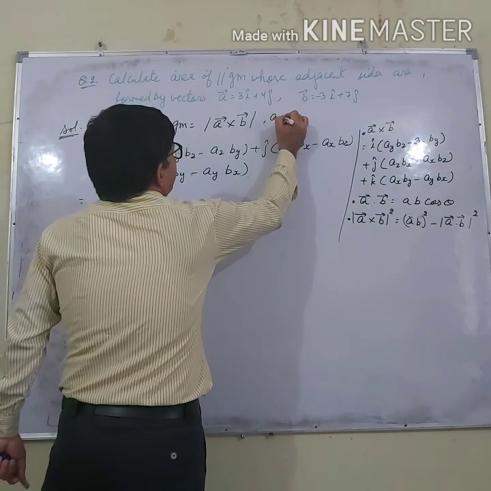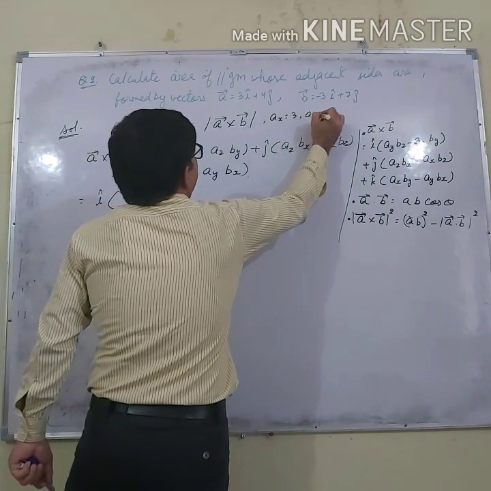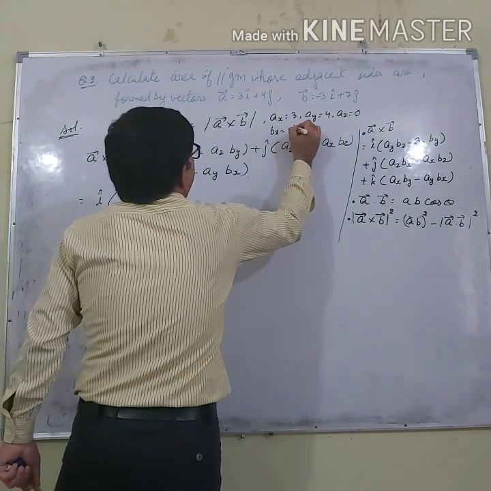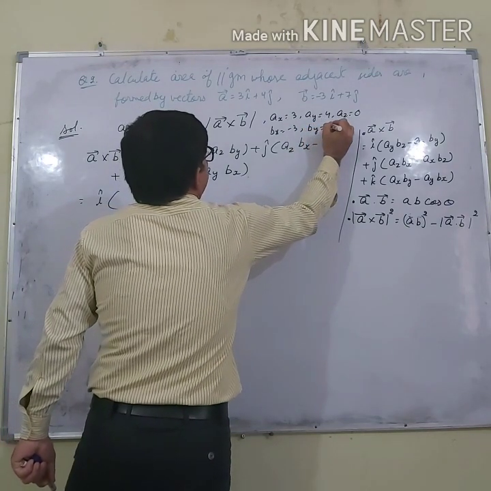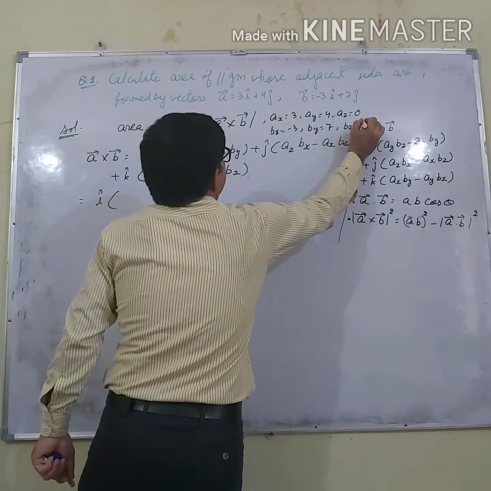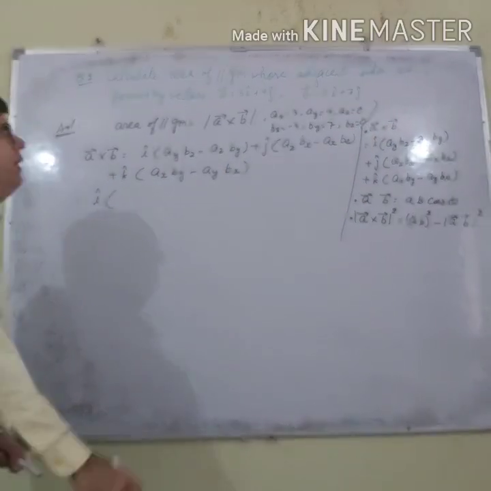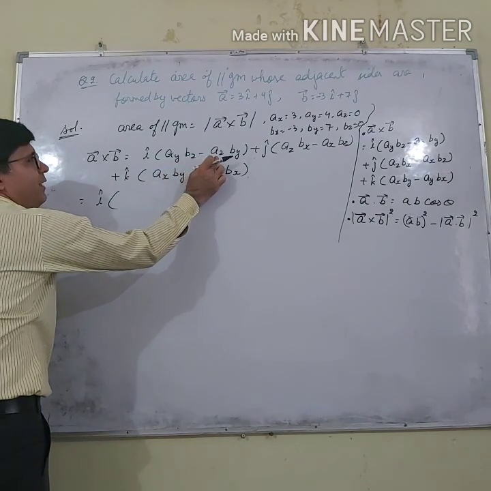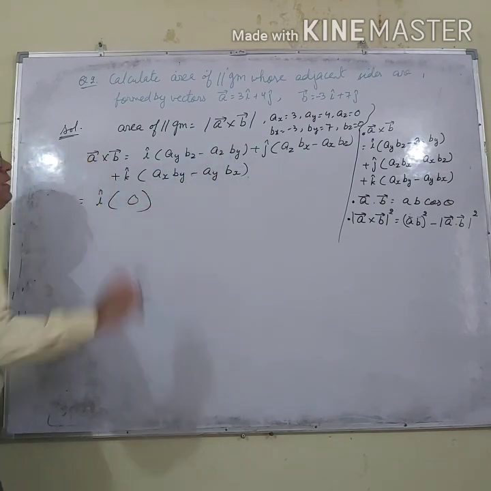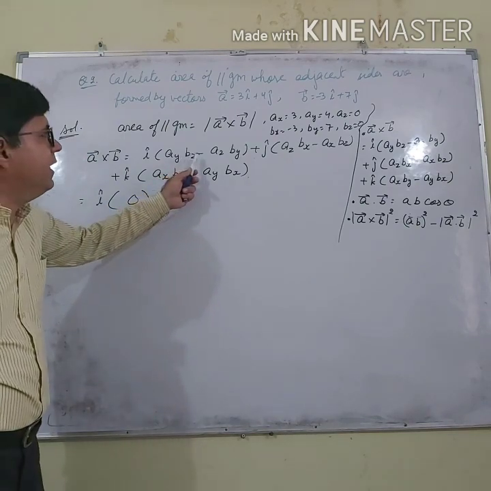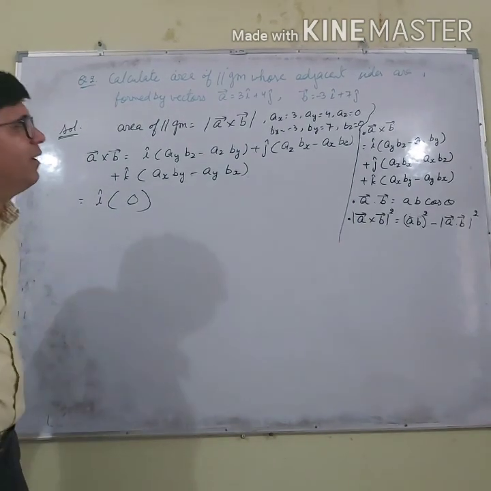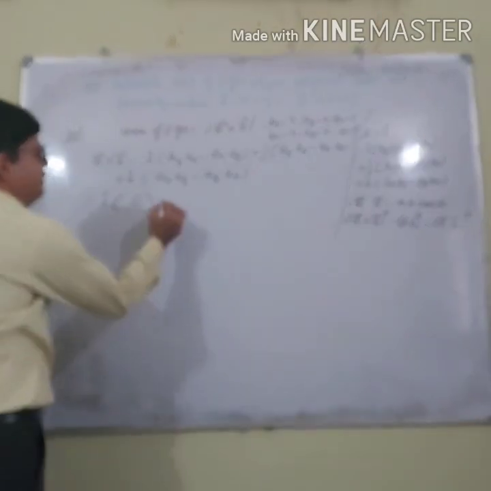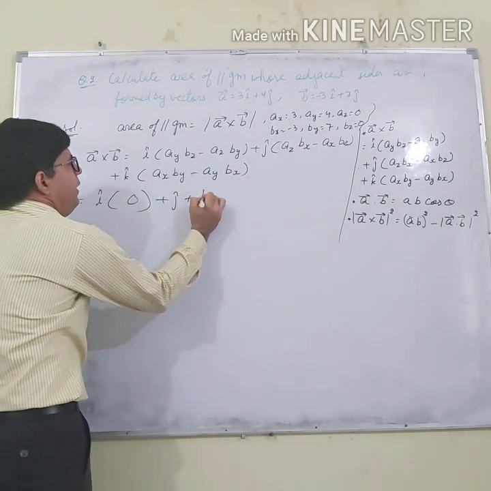What is ax here? ax is 3, ay is 4, az is 0, bx is minus 3, by is 7 and bz is 0, because these terms are not given, az and bz. So i cap is ay bz minus az by. It is automatically 0 because our az and bz are 0. In this case, there are no terms of az and bz, so take them as 0. So I think all of you are becoming happy.